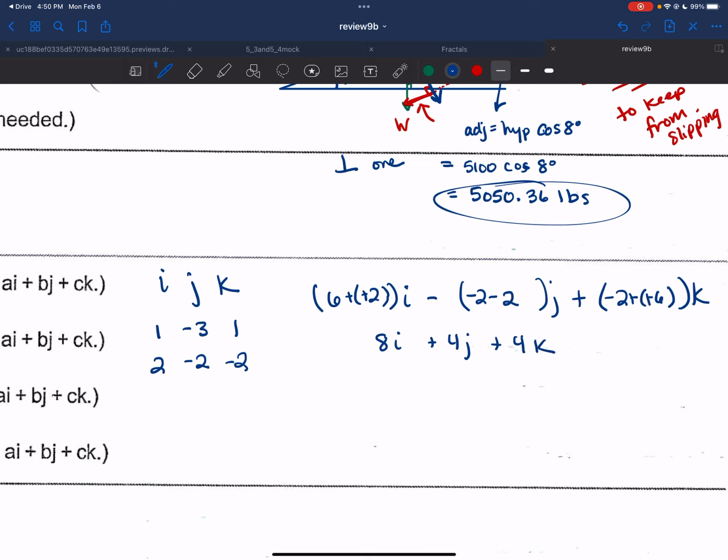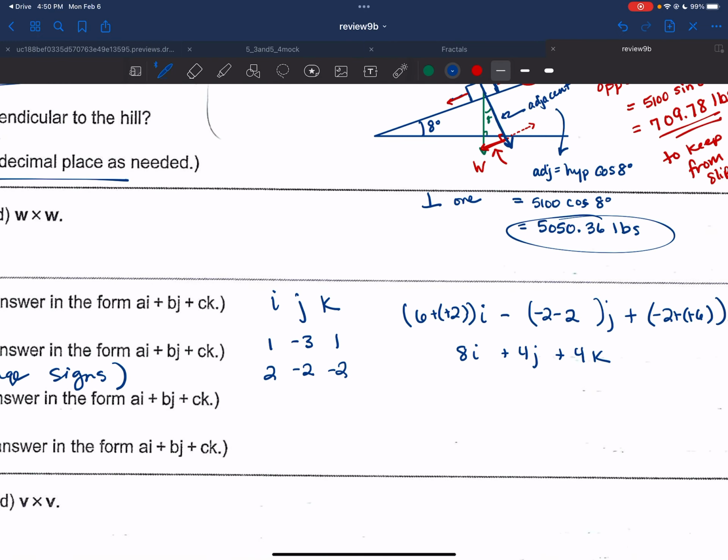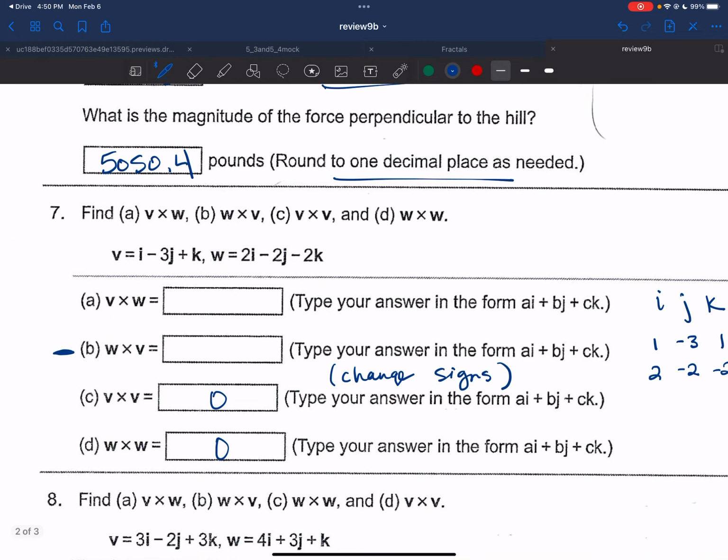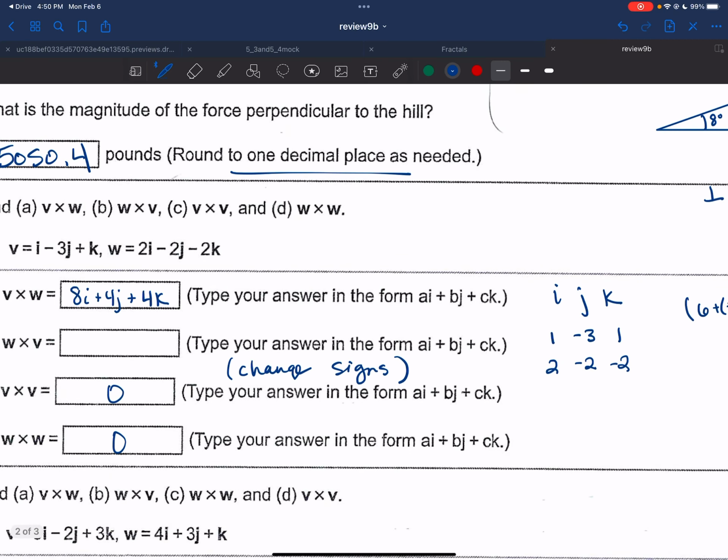So this is what I'm going to get for my first cross product: 8i, 4j, 4k. And then it says type your answer in the form